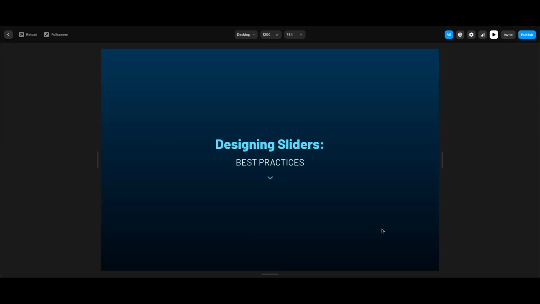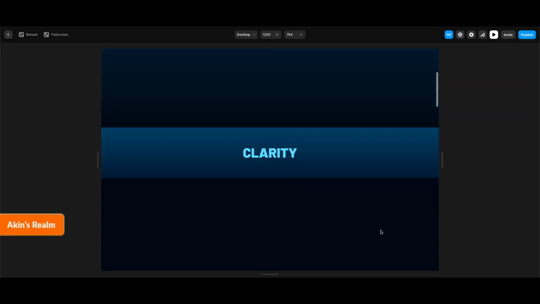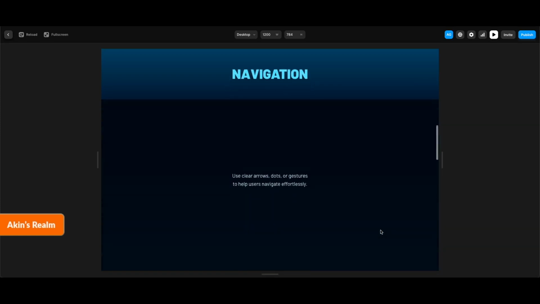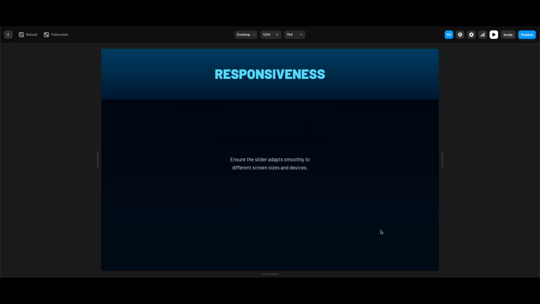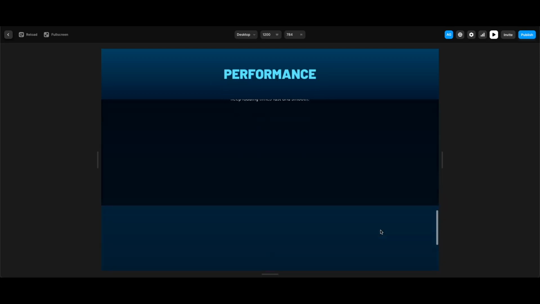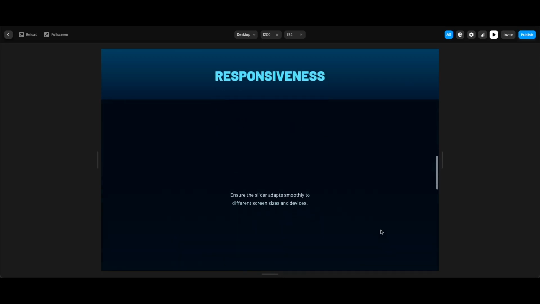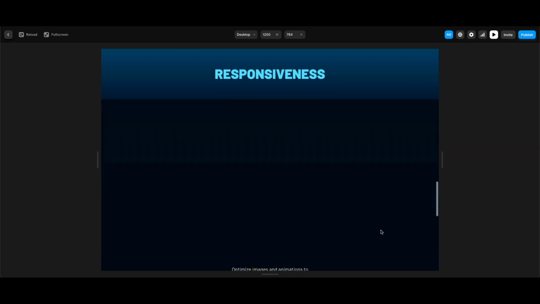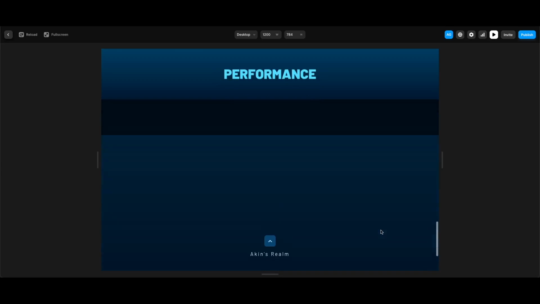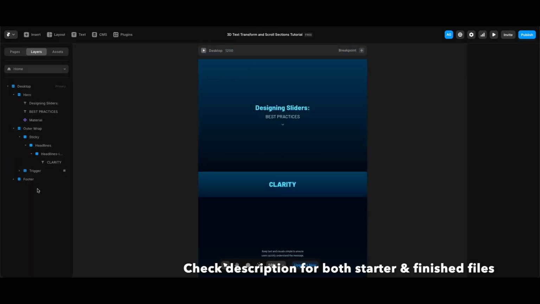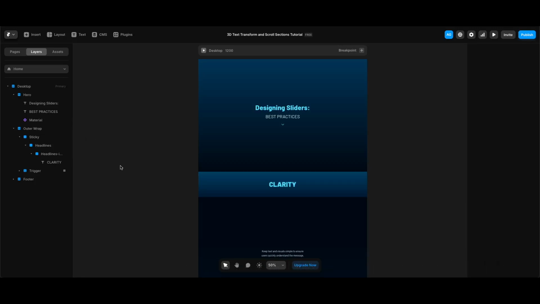Hi everyone, in this Framer tutorial we're gonna create this 3D text animation for the section headlines. Since we use scroll variant effect, whenever a scroll section is in the viewport, we can see that section's headline takes its place with a great animation, right? So let's get started. The most important pre-made element in the starter file is this auto wrap stack that contains